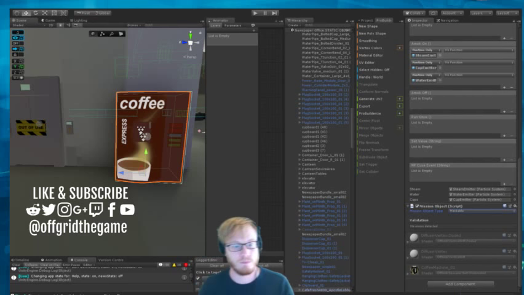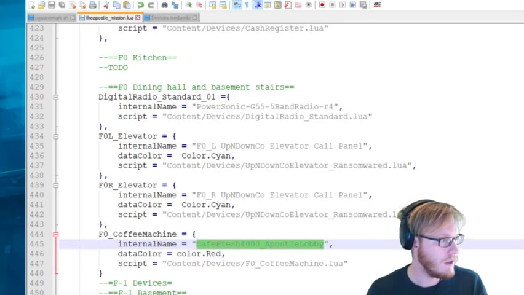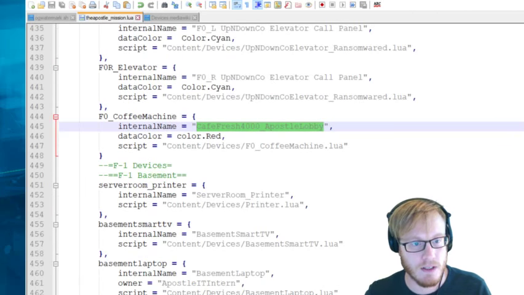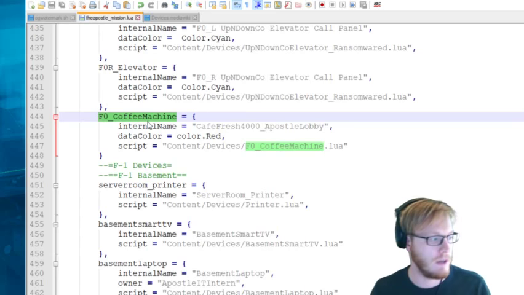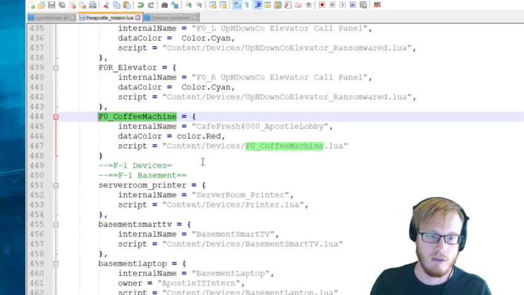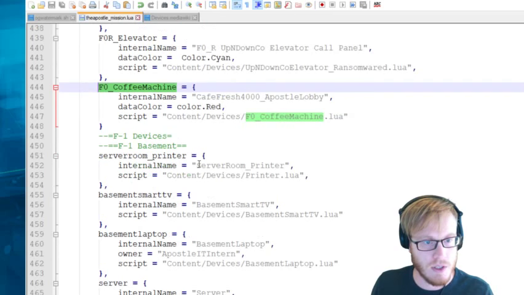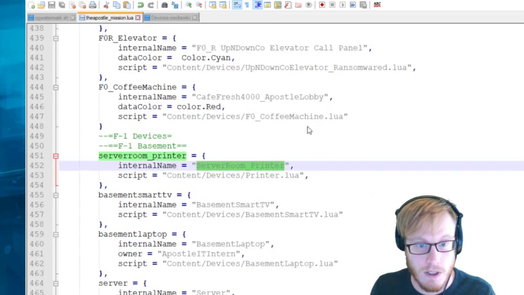Then what we're going to do is go back to our mission script, which is here, and we're now going to connect this thing. So we want to copy, and this is another shame about not being able to show you Atom, because there's some really nice, really clever little shortcuts in Atom that I won't get to use in Notepad++. But essentially, I've got coffee machine, which is the device name here. I'm going to copy that, and then we'll just follow one of the other devices as to what they do. So Control F, find next,